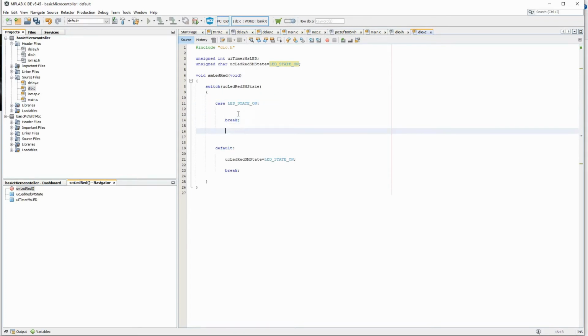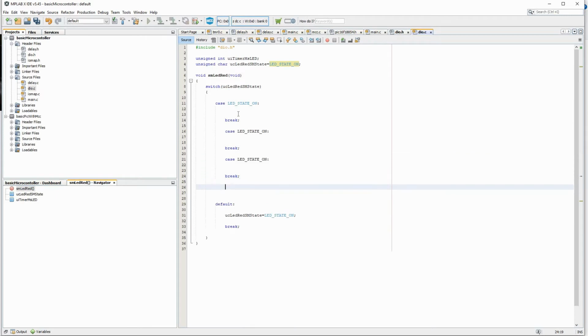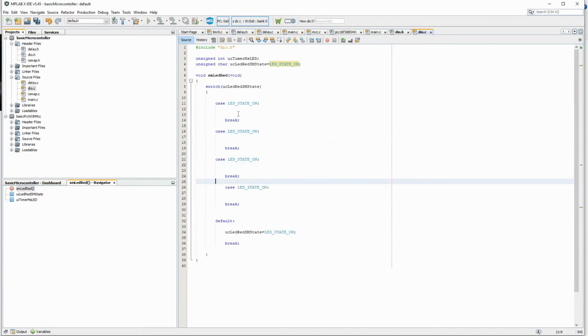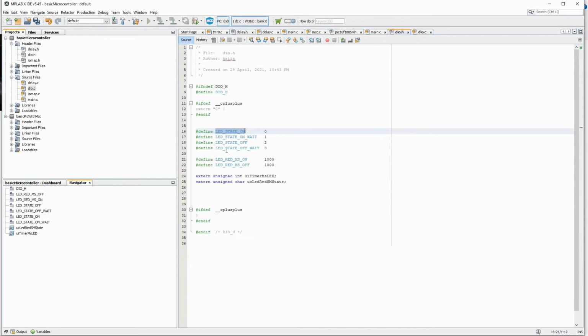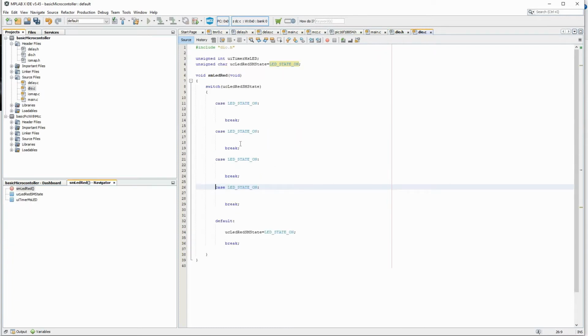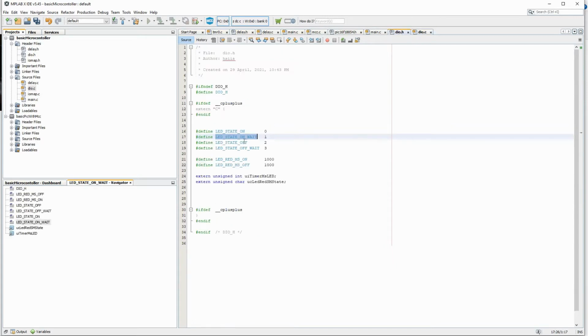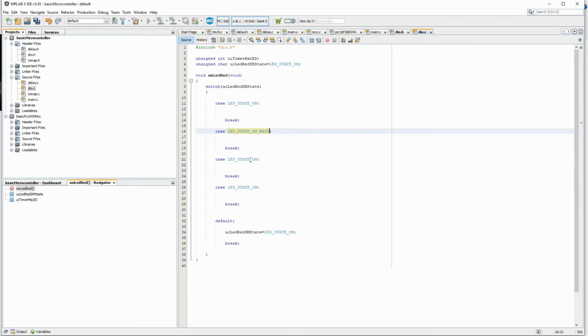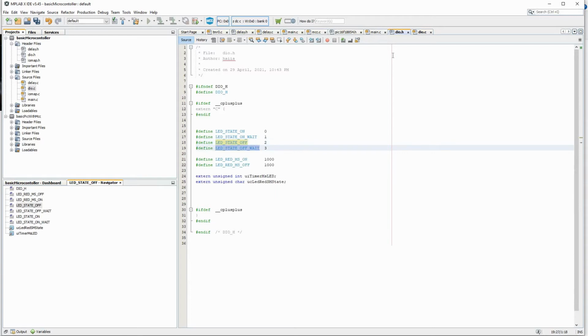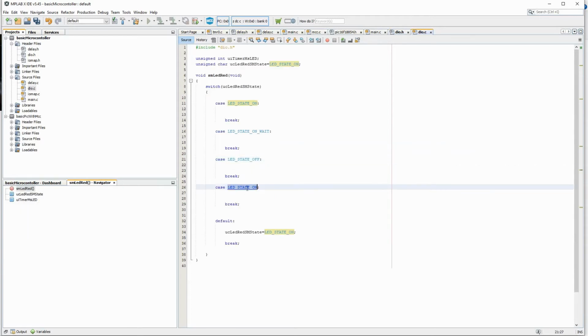So we have 4 cases. Okay, now we have defined all the 4 cases.